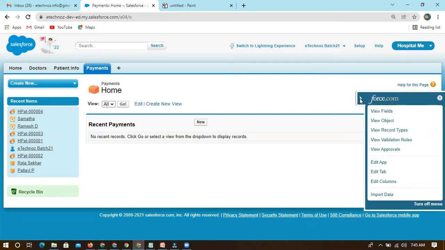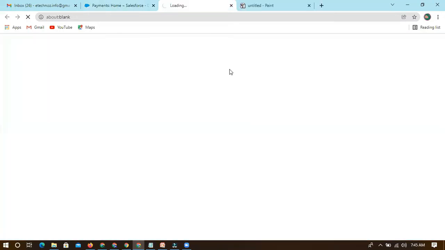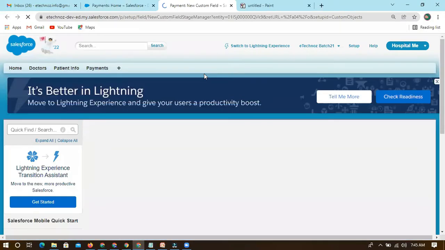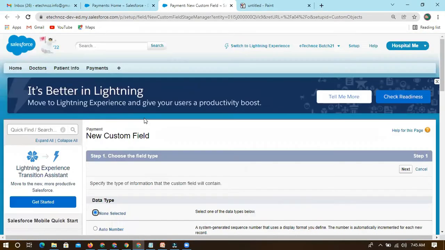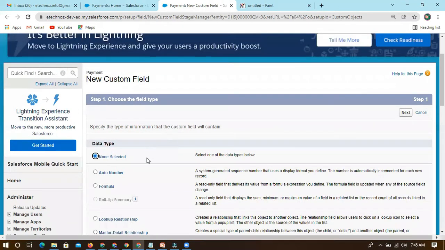There is one toggle, right? You can check here also. What I'm doing, I know this field is not available. So simply I'll go here to view fields. Instead of view fields, I'll just click on new field. Our work is very simple, right? Directly I came here to this payments. I haven't gone through the object and all, so directly I have come to this page.